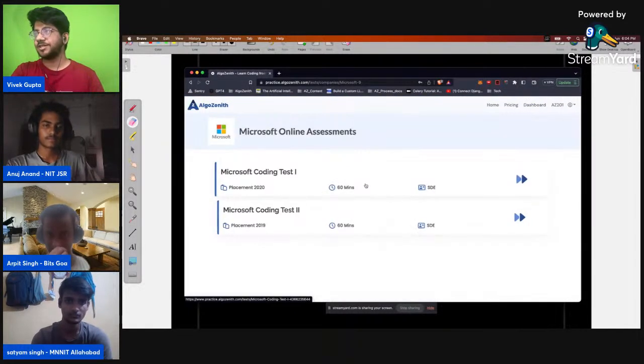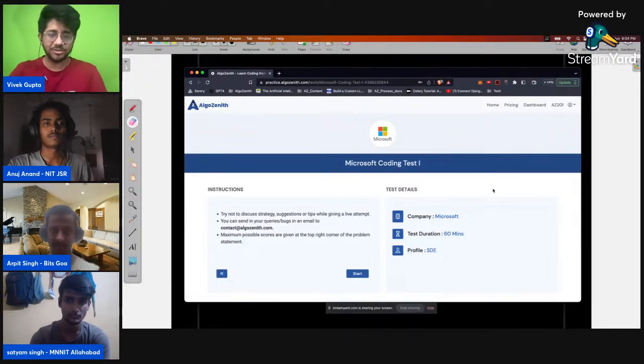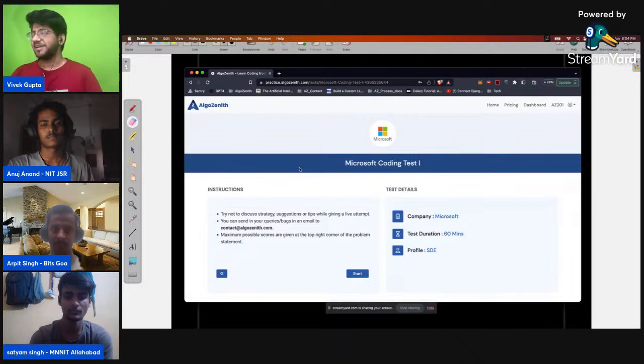If you go to this, there are two of them available. We will attempt the first one, the test one available on the Microsoft one, right? This particular test. And this is what you guys will also be setting up. So on your own screens, you can open up this particular test and just be on this screen so that we are ready and we start at the same time, right?